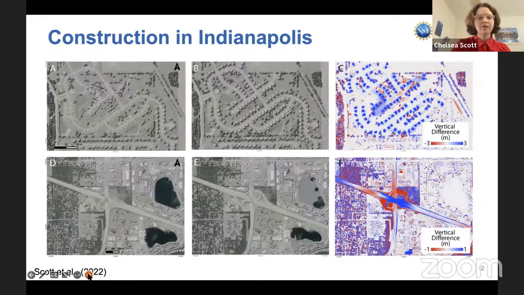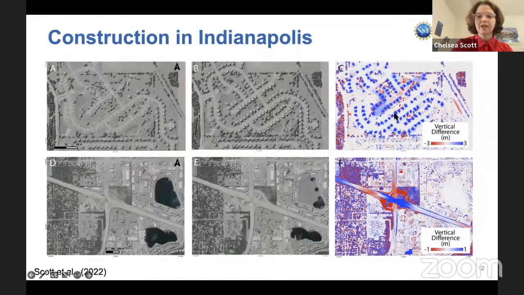Throughout Indiana, you can see examples of new construction. This top plot here shows this example of this new development. In all of these figures, the left is the earliest data set, the middle is the later topography data set, and then the right is the topographic differencing. And in this case, or for all the data, the blue represents increased elevation.